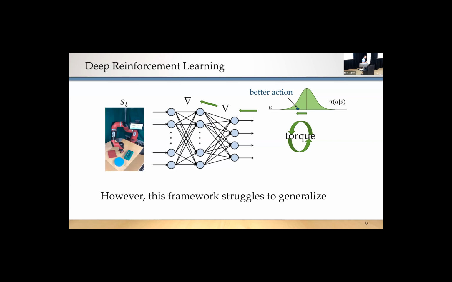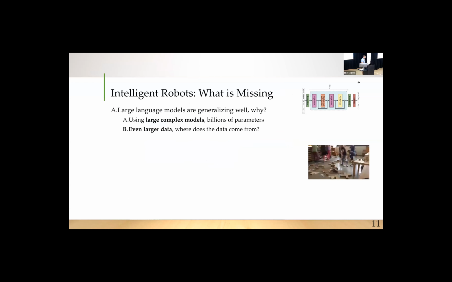So this is a nice paradigm, but applying this in practice is where it starts to expose a few cracks, because we want it to be as adaptable as people are. But that means that it needs to be able to generalize better, and some parts of the system don't generalize as well. So what is missing from this overall paradigm, and that we're learning a little bit more from these days, is really that we still don't have enough data.